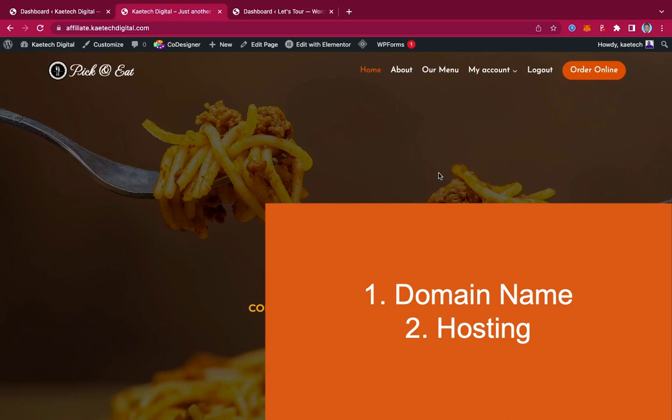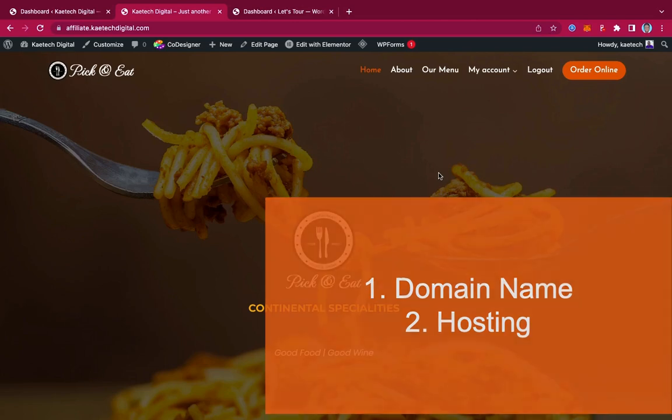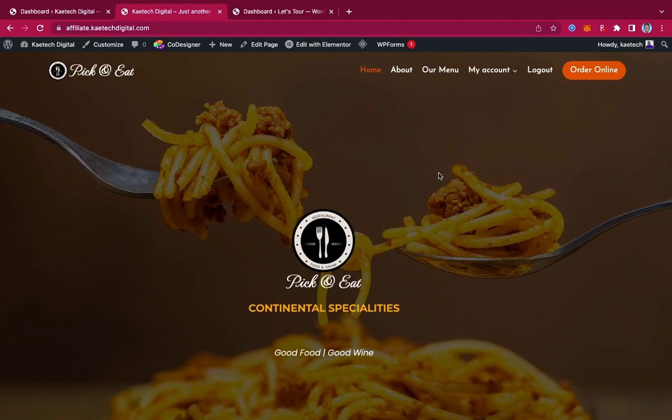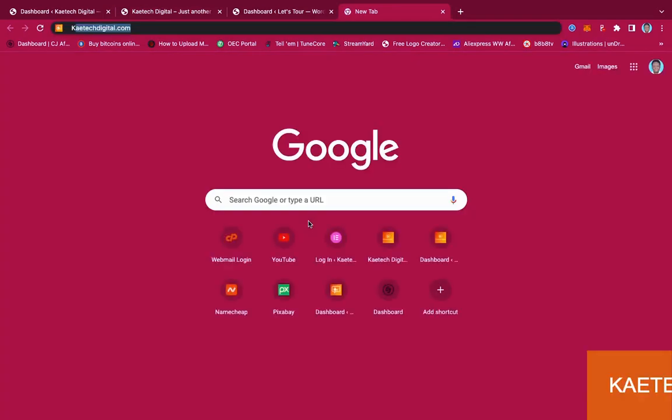So these are the two main things that we're going to need. We need a domain name and hosting. Now I'm going to give you a link so that you can buy a domain name and hosting over there. So we're going to go to a new tab over here, and then just type in